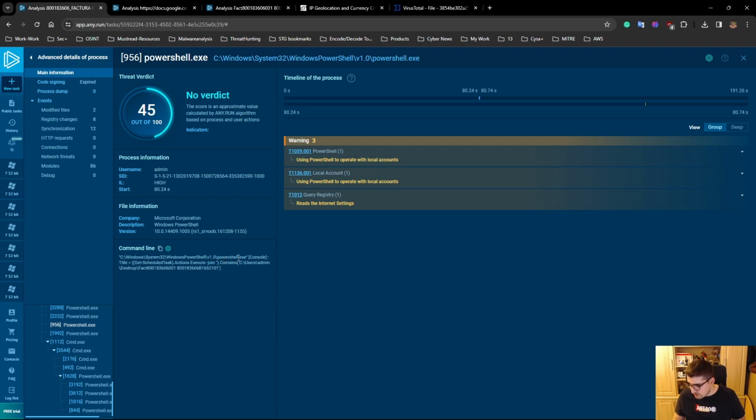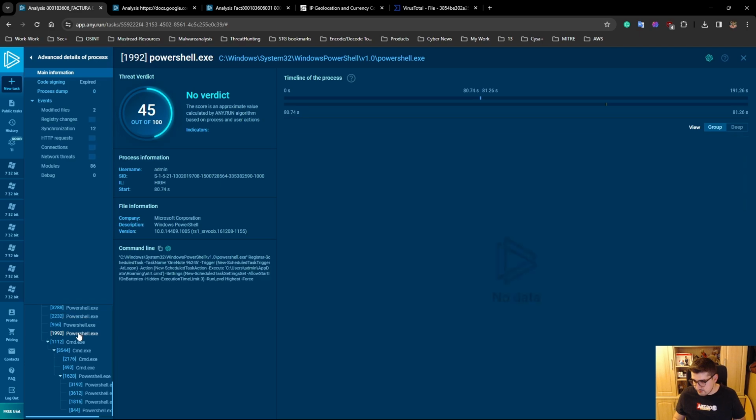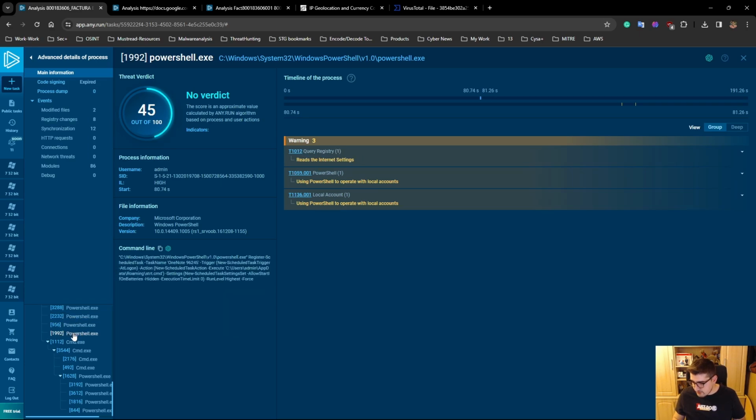As you can see, PowerShell.exe console get scheduled task execution, blah blah. So it does a lot of things for us. And let's say you're trying to view other processes at the bottom, so you can click every process that runs on the system, and here at the process ID of 1992, we can see the scheduled task,